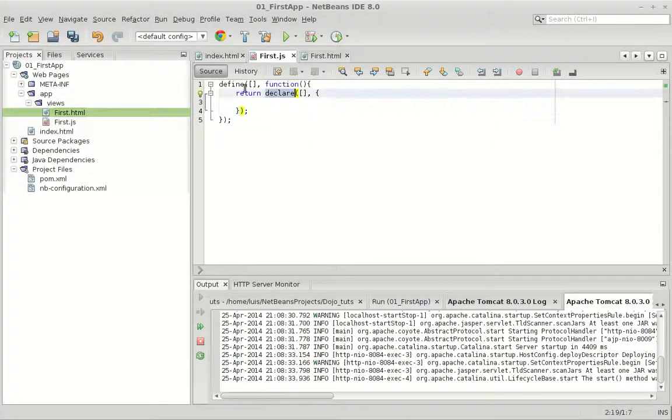To use declare, we need a dependency called dojo/_base/declare. Then we need to pass this to this function declare. And finally,